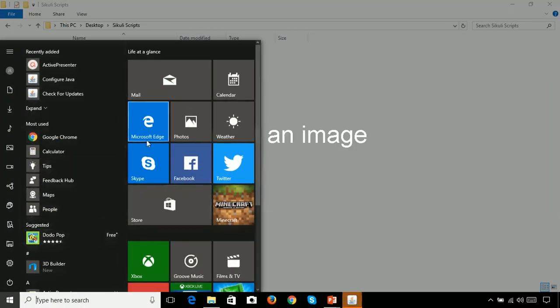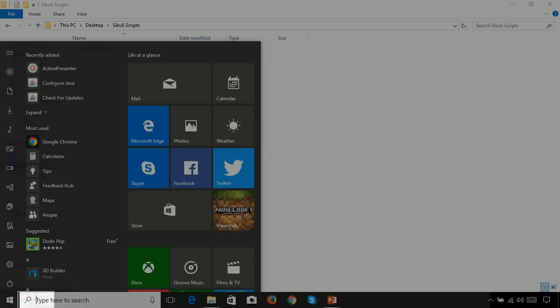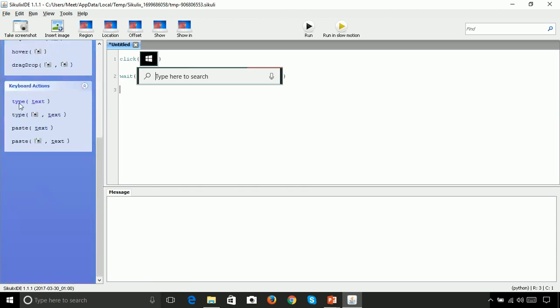And to disable this pop-up and take the screenshot of this, press escape, and after that take the screenshot of the start search box. After that, we want to type calc inside the search box.